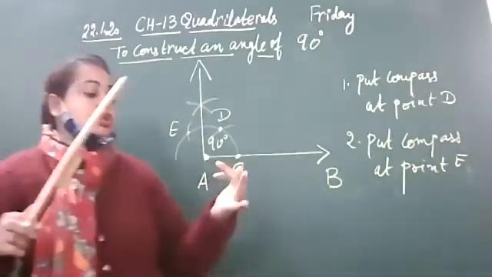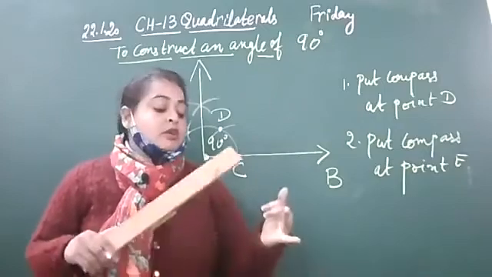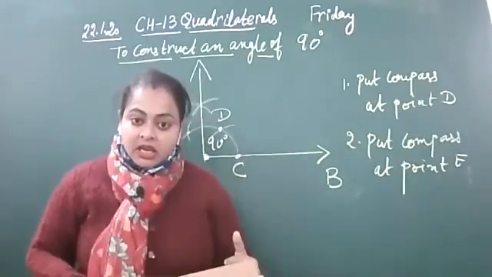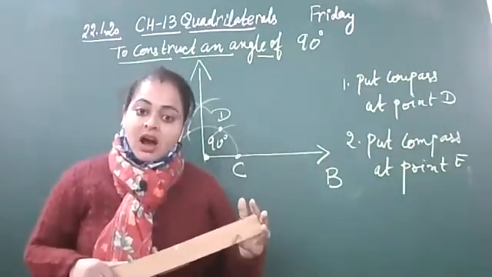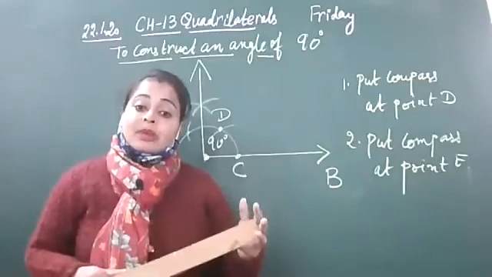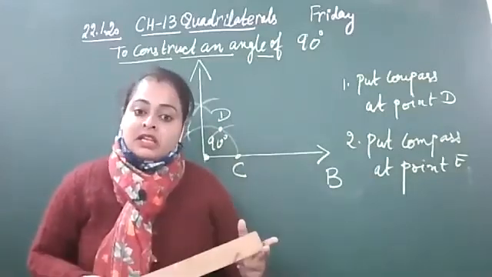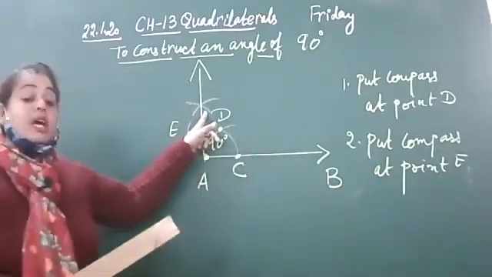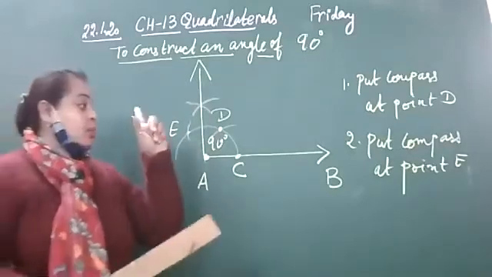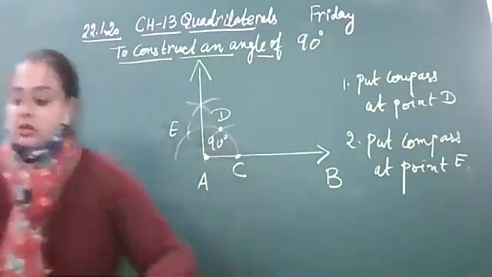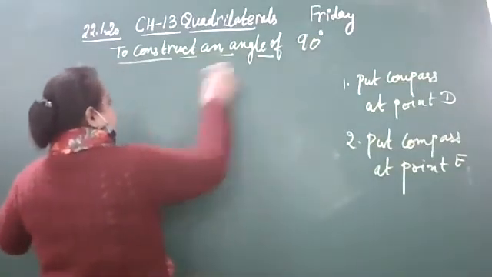It means that to construct an angle of 90 degrees, first of all we construct a 60-degree arc. Then we construct a 120-degree arc. Then with the help of the 60-degree and 120-degree arcs, we get a 90-degree angle. So this is very important to note. Fine. One more time, I am going to repeat each and every step.